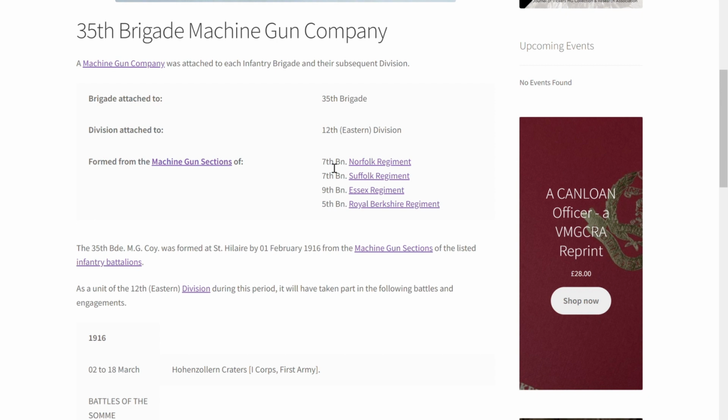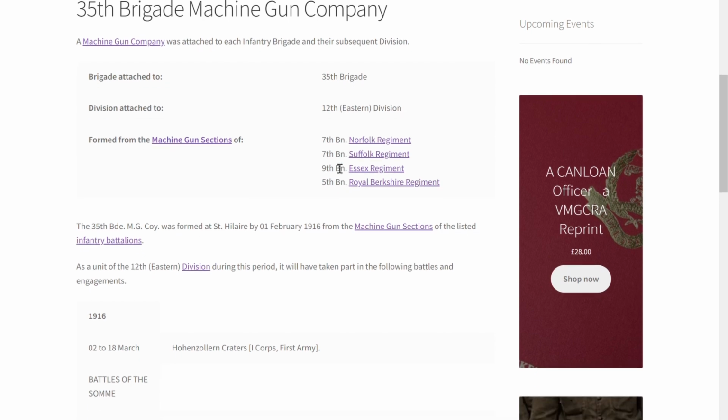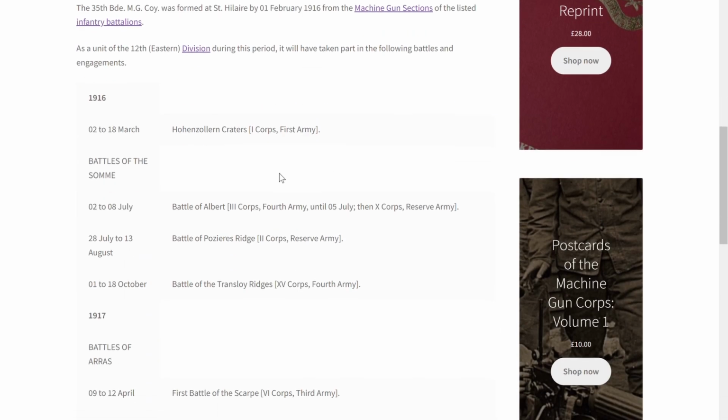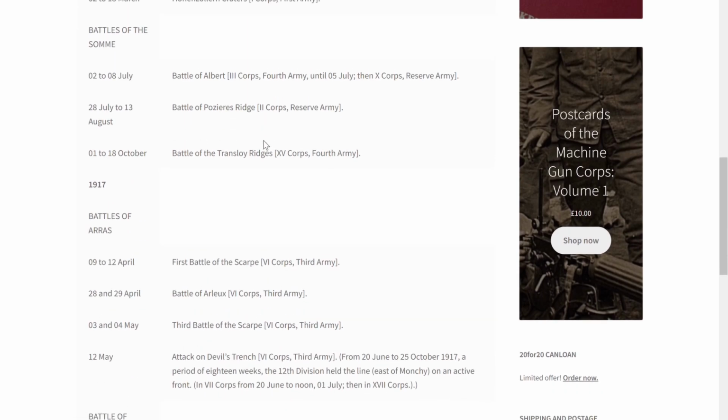It can never be guaranteed until we find the data, maybe one day, but it does show that that is entirely possible. And that's the kind of thing that people get in touch with us about, either through the research at vickersmg.org or collections at vickersmg.org, or through Graham's website in the past. They want to know units because it's the units that can really tell us about the history. So what we've got here, if we know it's 35 company, we have transcribed from Beck the Orders of Battle of Divisions books. We've transcribed some of the information in there, so it's highly likely that that person would have taken part in these battles,